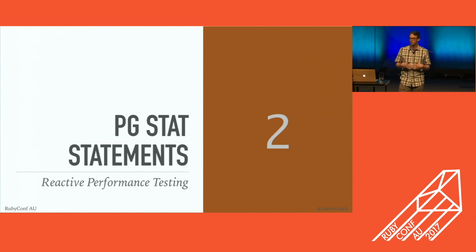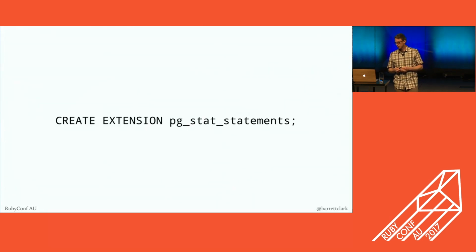And for that, we have this thing called pg_stat_statements. In general, we can enable an extension in Postgres with this syntax, CREATE EXTENSION. I don't know why it's called create extension, because the extension's already been created, but that's what makes it available in the database. Now, this assumes, of course, that that extension's already installed, or one of the ones that ships